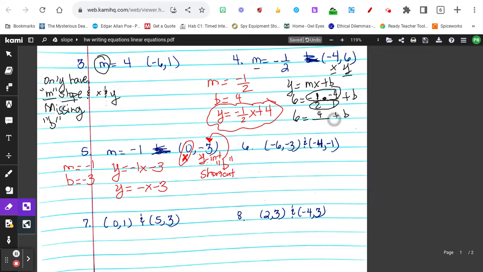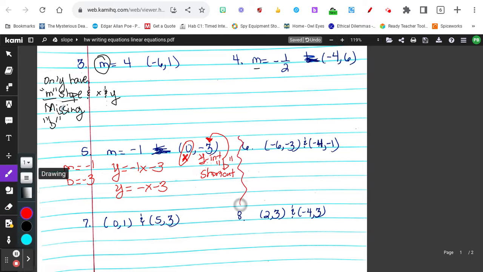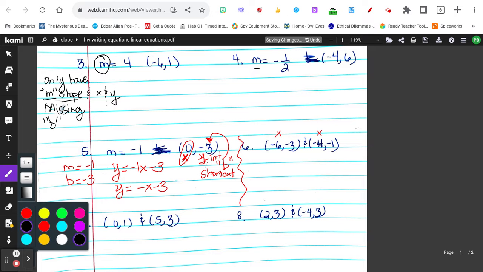All right, we're going to take a look at 6. On 6, you're going to do a lot more work, guys. All right, on 6, you'll notice that you don't have m. You also don't have b. So, got to do more work on this one. Go ahead and write that problem down. I have 2 x coordinates and 2 y coordinates, guys. Okay, so what I'm going to do